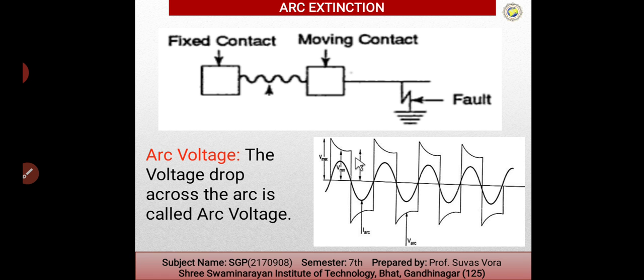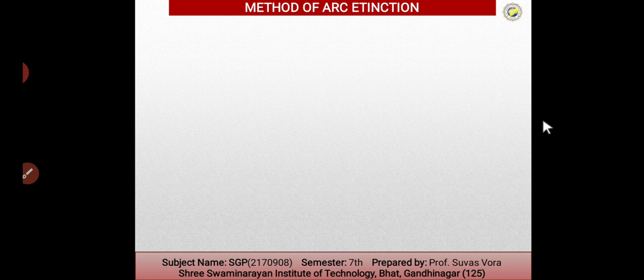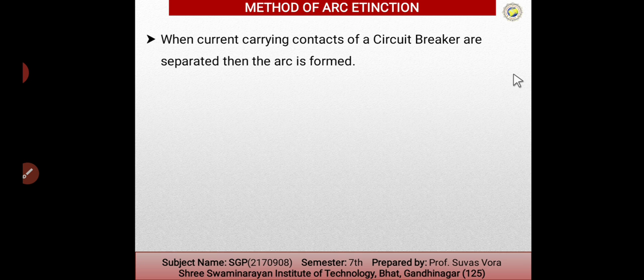आप यहाँ पे देख सकते हैं कि जो हमारी एक्चुअल वैल्यूज़ है वो आर्क वैल्यू से कम हो जाती है. सो दिस आर दी आर्क वोल्टेज. सो ये जो है वो आर्क वोल्टेज है. सो नाउ द मेथड ऑफ आर्क एक्सटिंक्शंस. So basically there are two types of when the current carrying conductors of the circuit breaker are separated,